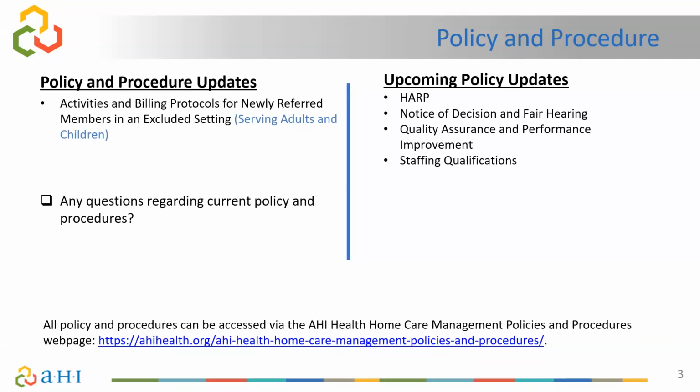This goes for any type of excluded setting, except if someone were to enter jail or be incarcerated. You can bill the month that they go in and the month that they come out, as long as you provide a core service before the incarceration, and when they come out, as long as their Medicaid has been reactivated, which you would check in e-paces. So you just want to remember that when you're